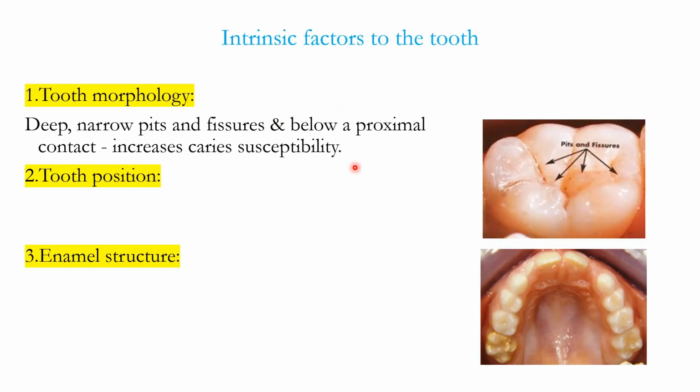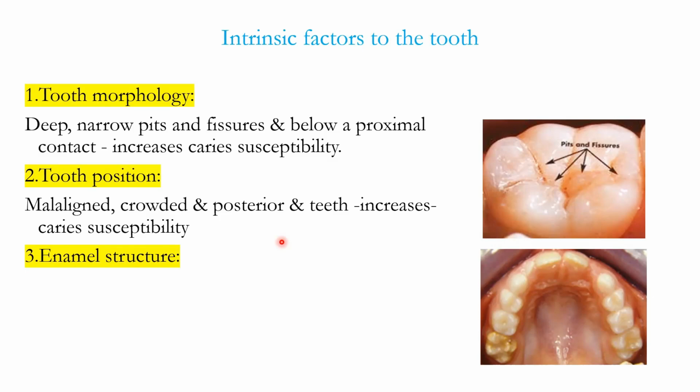So both these factors together will contribute to the occurrence of increased caries in this region, that is pits and fissures. And another area which is more common is the proximal contact, because below the proximal contact the brushes do not reach, and if you are not flossing in that area, then there is food stagnation and it is easy for the bacteria to live there, lurk there, and eventually cause caries.